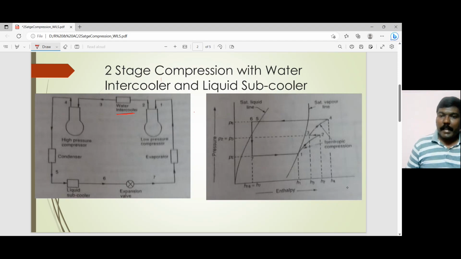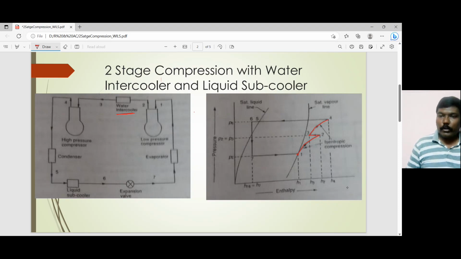Now if you look at the pH diagram, here I have state point number 1, which is on the dry saturated state, which is default, and in the low pressure compressor it is compressed to state point number 2. Then you have 2-3, which is the water intercooler. As I said already, it is not going to de-superheat till it reaches the dry saturated state. It is still in the superheated region. So this is your point number 3. Point number 3 is still in the superheated region, and then it enters the high pressure compressor,